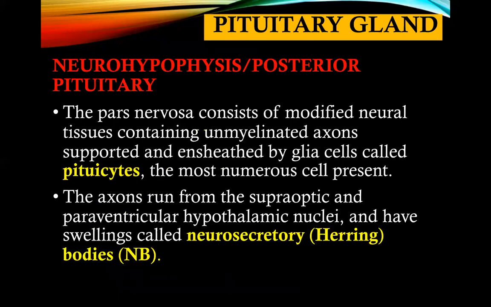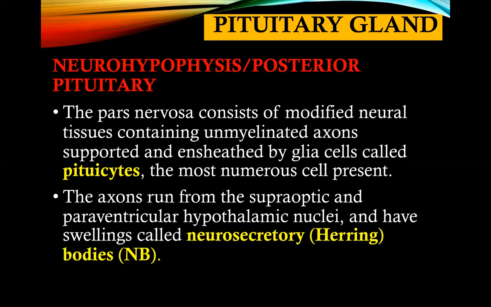What else do we need to know about the posterior pituitary? This pars nervosa consists of modified neural tissue containing unmyelinated axons that are supported and unsheathed by glial cells called pituicytes. That is the parenchyma of the posterior pituitary gland. They're the most numerous cells present. The axons run from the supraoptic and paraventricular hypothalamic nuclei and have swellings called neurosecretory bodies,